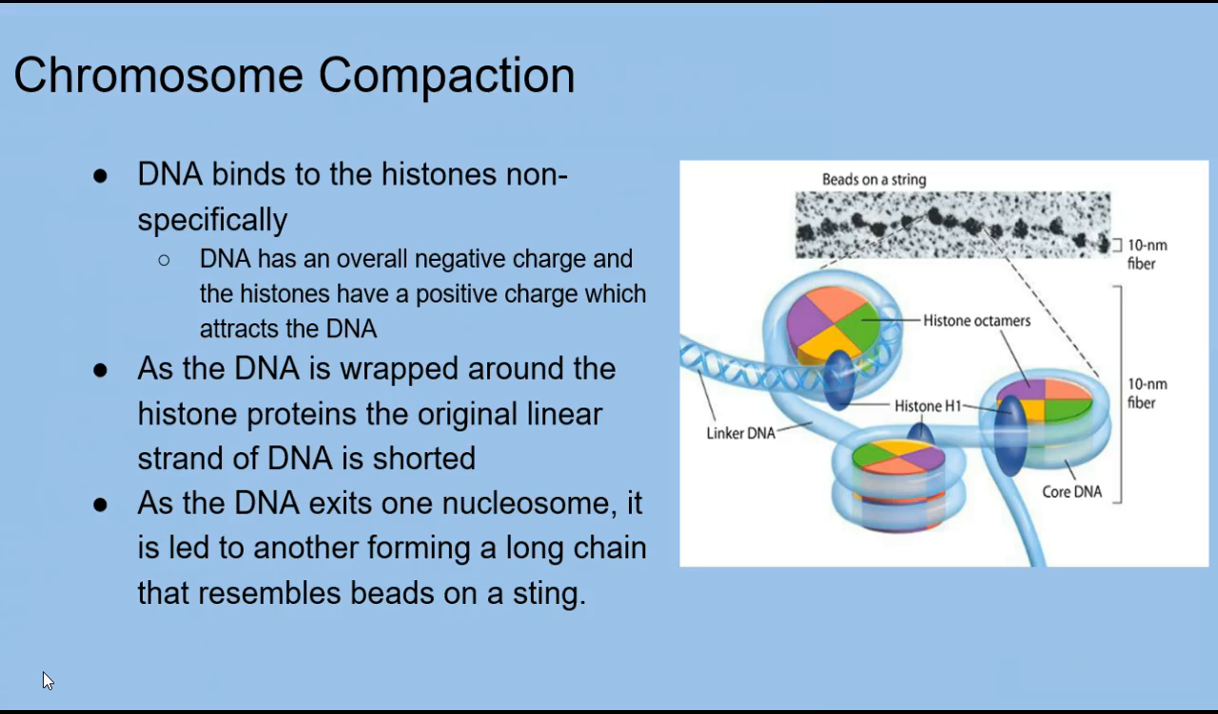So DNA binds to the histones non-specifically, which means DNA has an overall negative charge, and the histones have a positive charge, which attracts the DNA. As DNA is wrapped around the histone proteins, the original linear strand of DNA is shortened. And as the DNA exits one nucleosome, it is led to another, which forms a long chain of a bunch